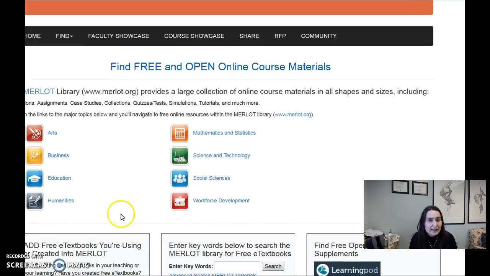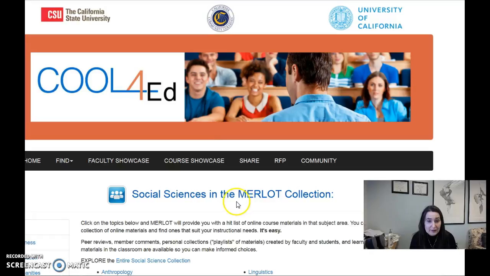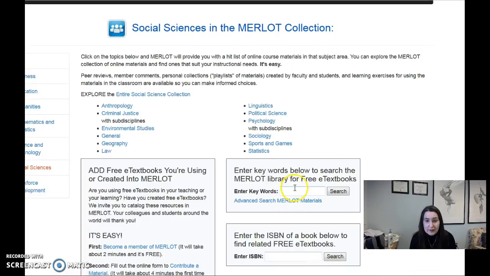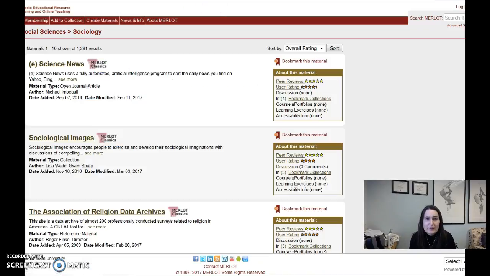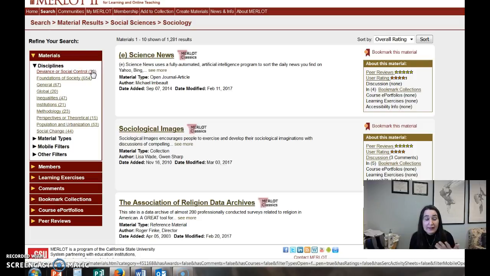And so again, it's letting you know it's going to take you to Merlot, social sciences, and you can explore the entire social sciences collection, or you can search this way. We can just go straight to sociology, and you know it's useful. But it is very, very ugly. You can see they do break down by type. I don't know who chose, for example, deviance or social control, but there's 30 linked just to the subject heading for those of you looking at institutions or inequalities, for example. You can filter by material type,